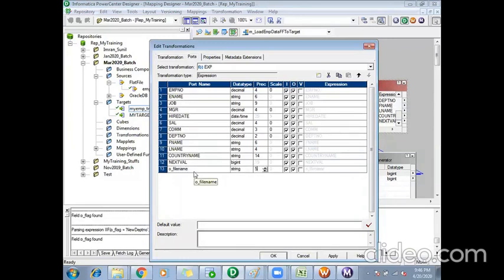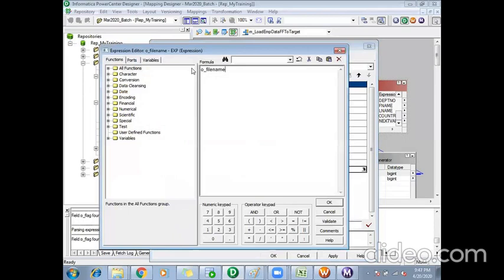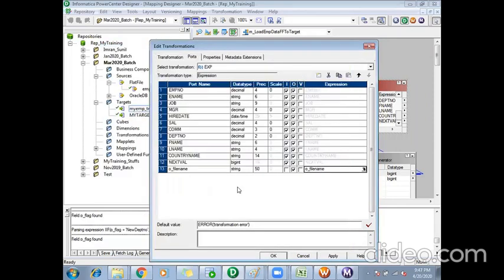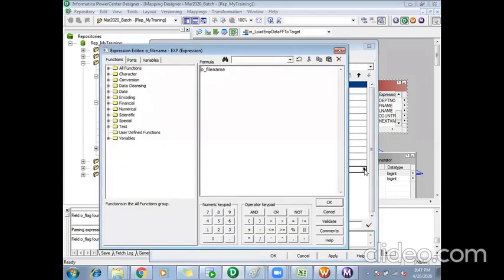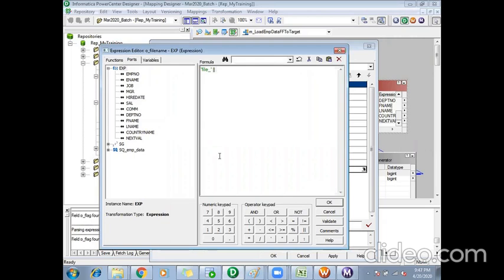What I can say here is, let's see, file underscore something pipe, for pass next val left 10 only, I guess.